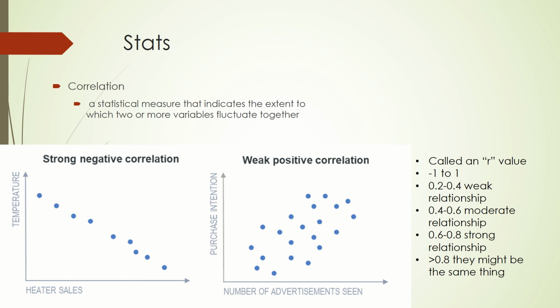Overall, negative relationships just look like as one goes up, the other one goes down. In a positive relationship, both go up together. Whether it's positive or negative does matter, but the weak, moderate, and strong labels stay about the same. So 0.2 to 0.4 is typically a weak or small correlation. 0.4 to 0.6 is a moderate correlation. Hopefully you have seen this in my other classes. 0.6 to 0.8 is a strong or powerful correlation.